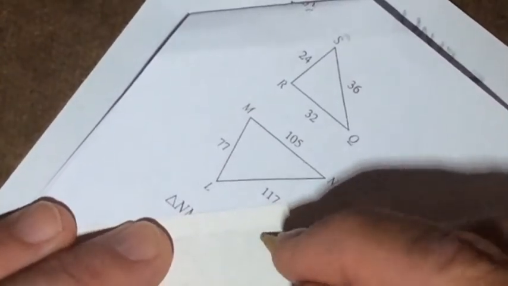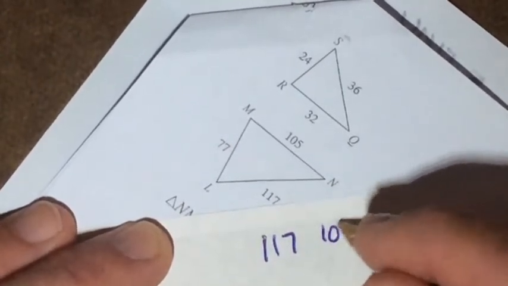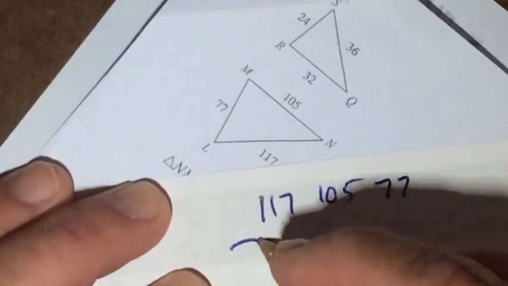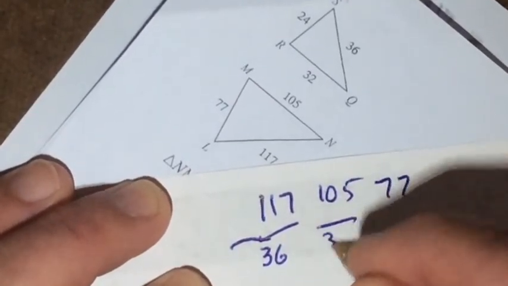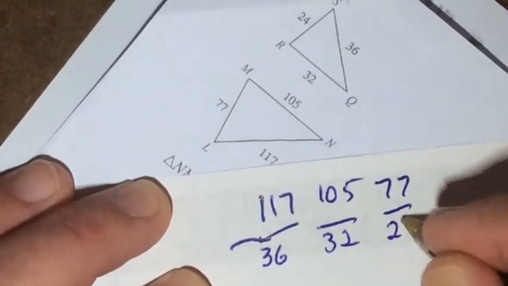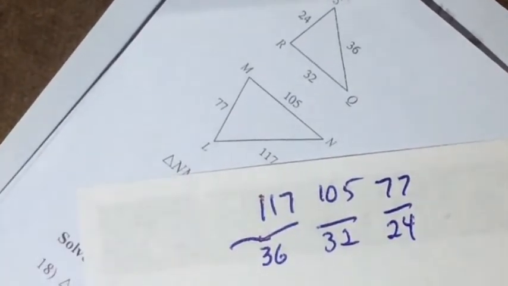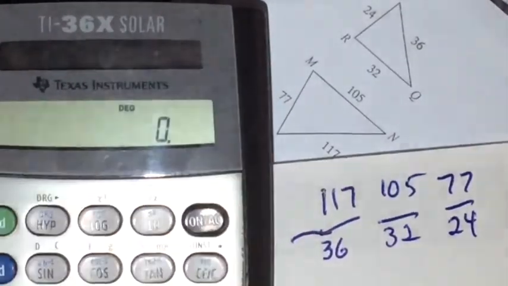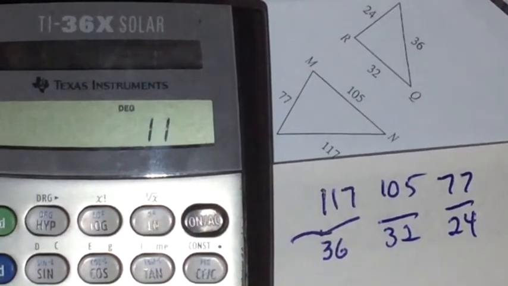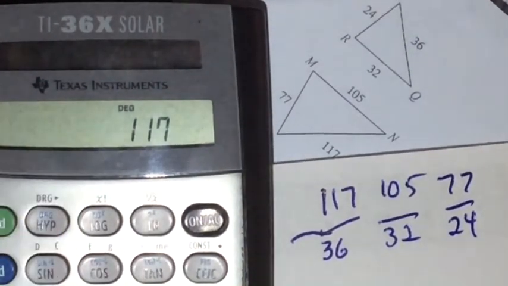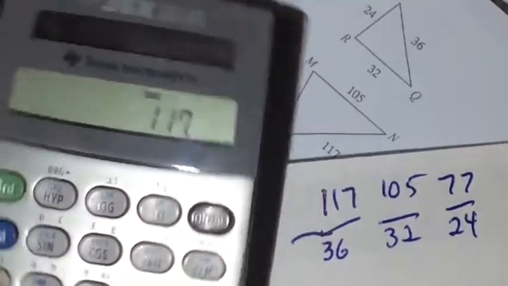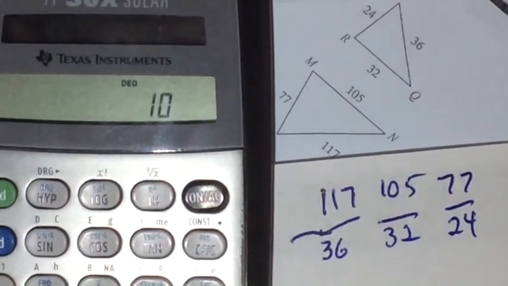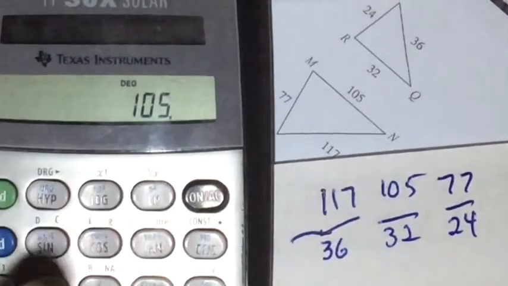So let's take the bottom one, large, medium, small, and then take the top one, large, medium, small, and just quickly go to our trusty calculator, because we can. 117 divided by 36 gives us 3 1/4. 105 divided by 32